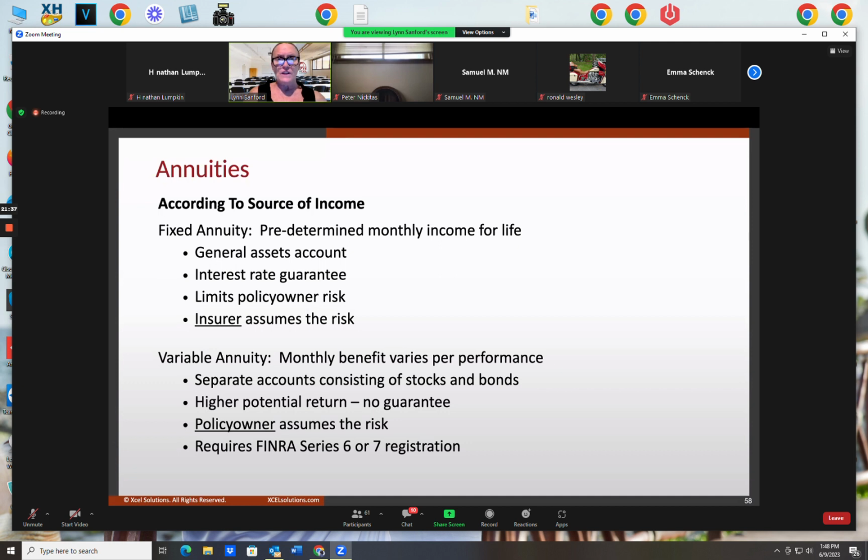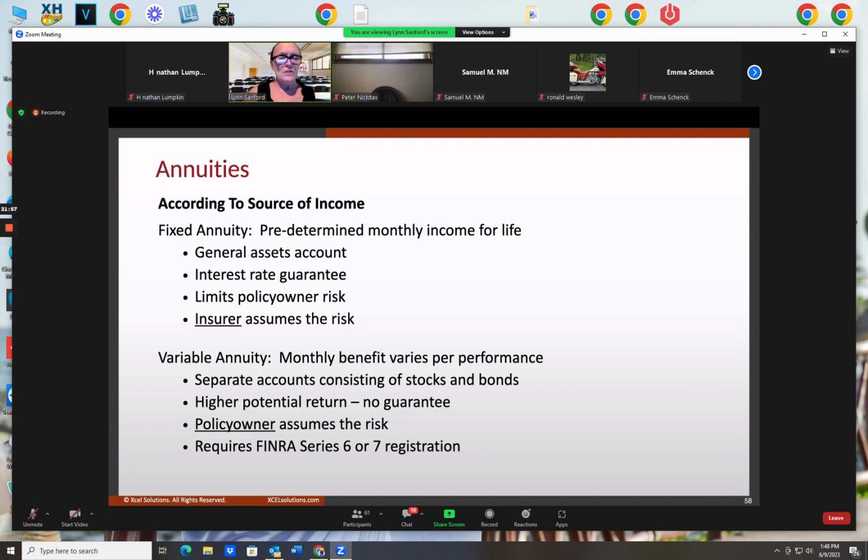Your interest rate renews. If it's a 1-year interest rate on an annuity, it renews every year. So in the 11th month, the insurance company will send you documentation stating what your interest rate will be for the next year. And so it could renew higher if interest rates go higher, it could renew the same as what you've been receiving the past year. It also could renew lower if interest rates go lower again.